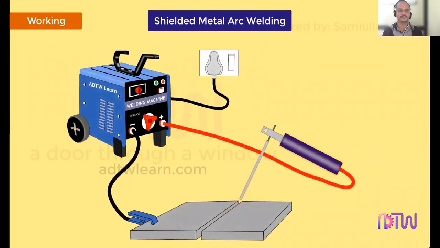Parameter, an arc is struck by slightly touching the workpiece with the electrode and carrying it forward or backward. Once the arc is struck, the heat generated melts the electrode and base metal, and the filler metal gets deposited